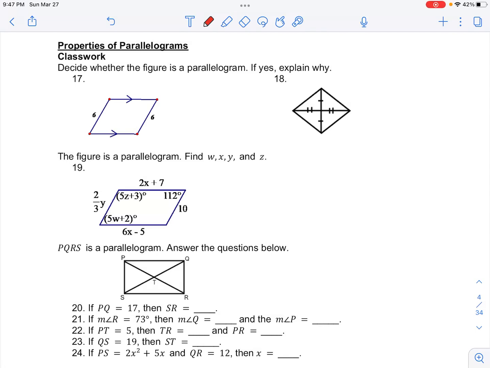Number 17 in your classwork for properties of parallelograms, we want to decide if the figure is a parallelogram. So here we're going to recognize that we have already one pair of congruent sides. This pair that are opposite of each other both have a measure of 6, so they're congruent. Now the only thing that's missing is to prove that this pair of sides are congruent, and we would get